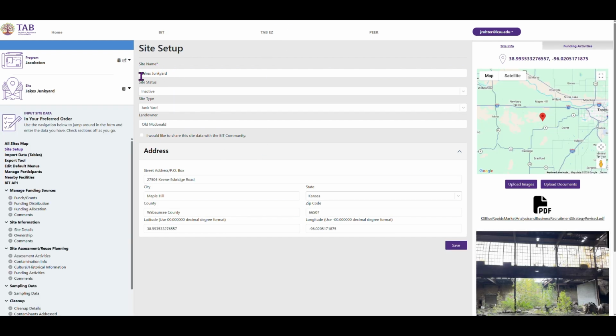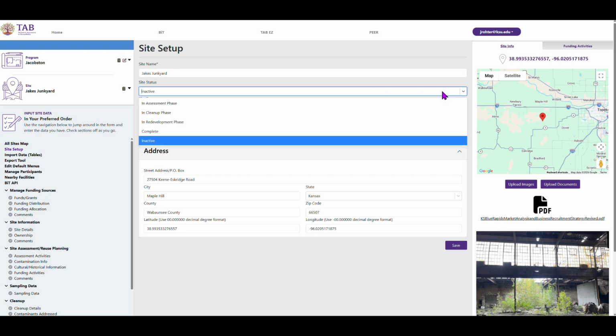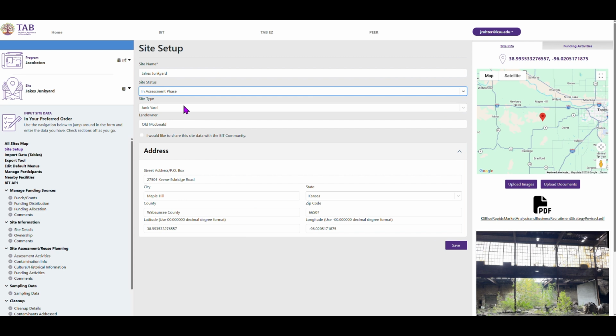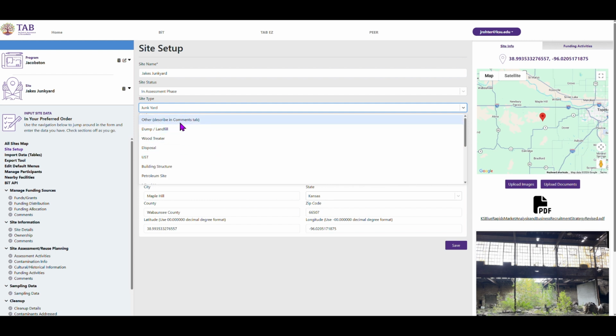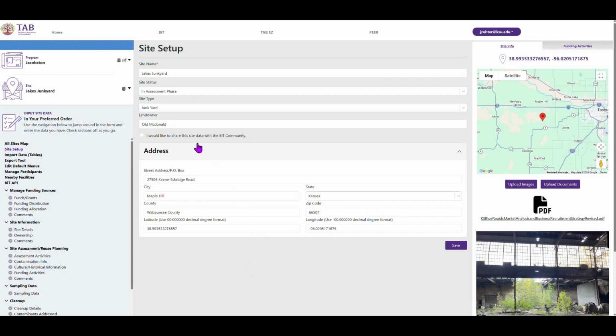Here, I've entered the site name. I've also given the site a status. So for this one, let's say it's in the assessment phase. We've also picked through the various options. This is a junkyard, and that is already pre-categorized for you. Although if it's an unusual type of site beyond the typical brownfields things, you can also enter a custom description in the comments tab. Here I entered the owner name. This one's owned by Old McDonald. And we've also come up with an address based on where the pin was